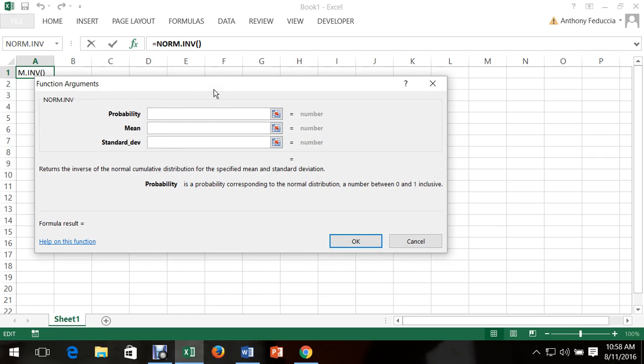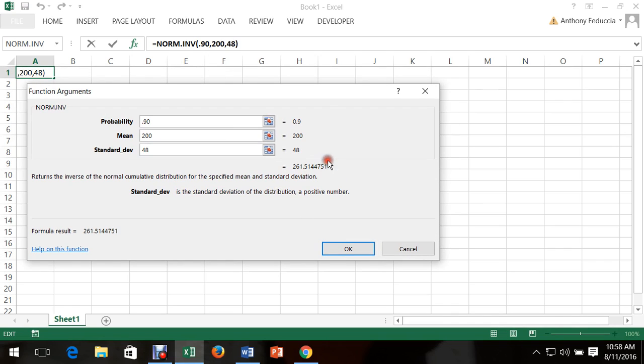Now here's the important part. The probability that we want to put in is all the area below that minimum value. And we know that, since they want the top 10%, the area below it has got to be 0.9. It also tells us the mean is 200 and that the standard deviation is 48. And there it comes right there. It says that the minimum score to be in the top 10% is